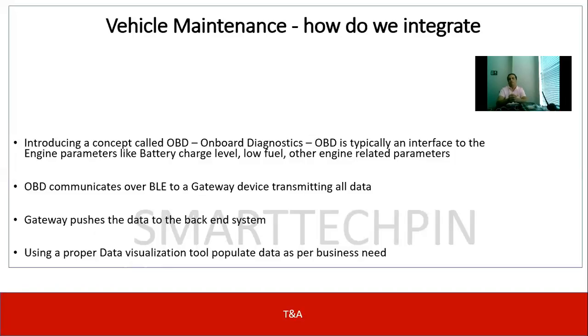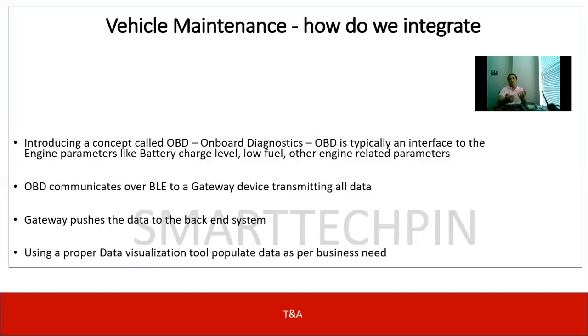Say for example, the engine is running with less oil, or the tire pressure is below the benchmark, or there are low battery indicators. So this information is all there in the vehicle. So through the OBD, you can tap the data out,